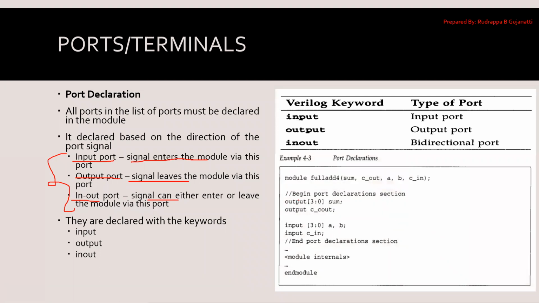So here we have an example in which we have module full adder. These are the port list. Once the port list is there, I have to go for the declaration part, which you can see over here. Sum is the output, which is 4-bit. Cout is also an output and it is 1-bit in size. By default, it will be 1-bit. A and B are inputs, both of 4 bits each. And there is another input, which is 1-bit, that is Cin. In this case, I don't have any in-out present.